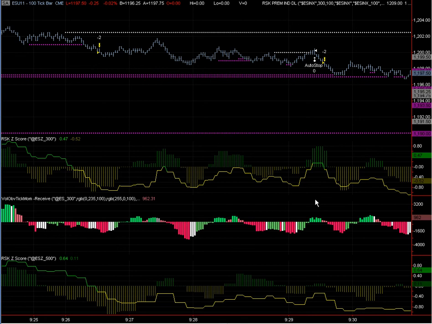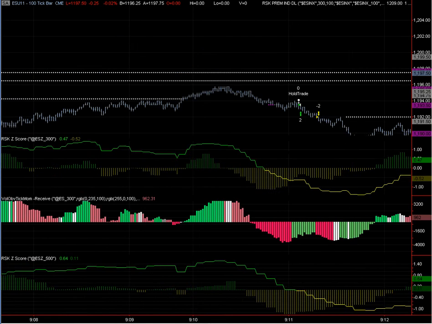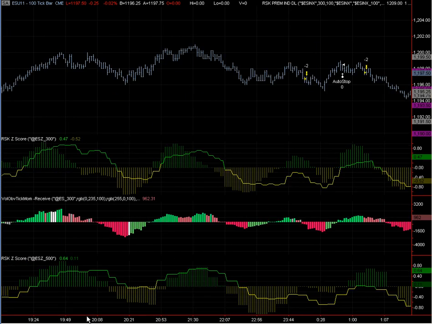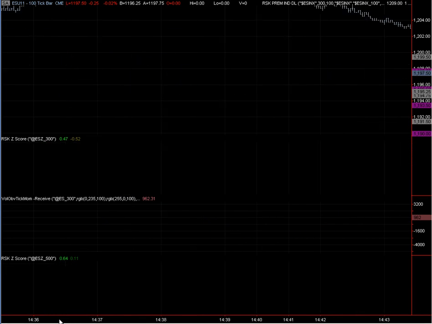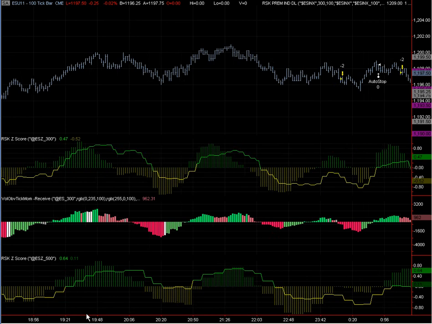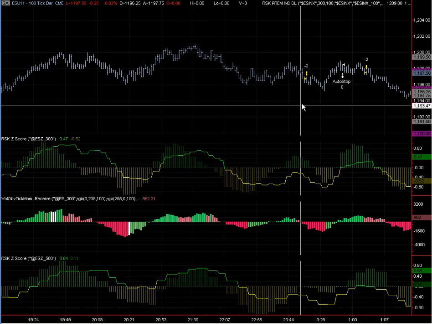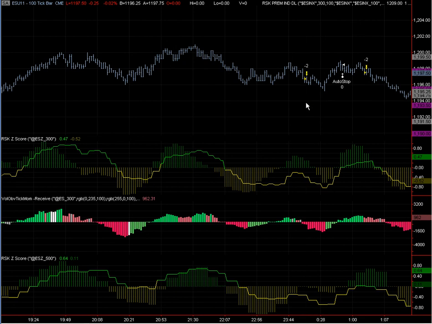Be very interested to play around with this in the days ahead. Anyway, we started running this in the simulated mode in the overnight market. There's our first, I think that's our first trades. Yeah, first trades happen in the overnight market right in here just after midnight, and they run through the end